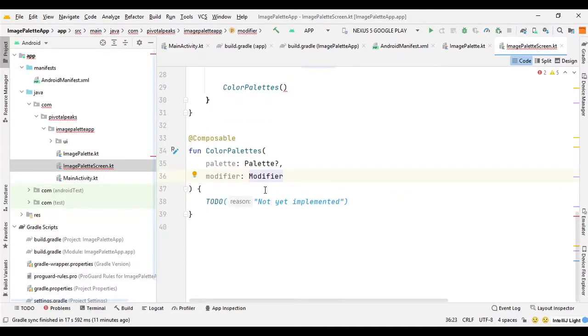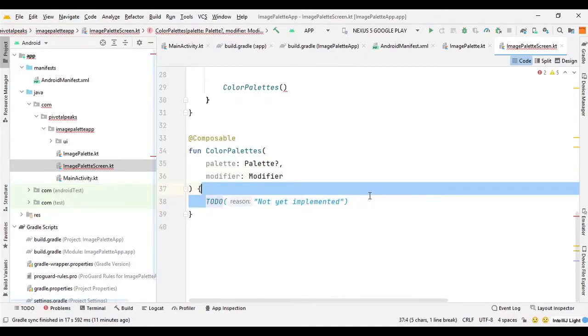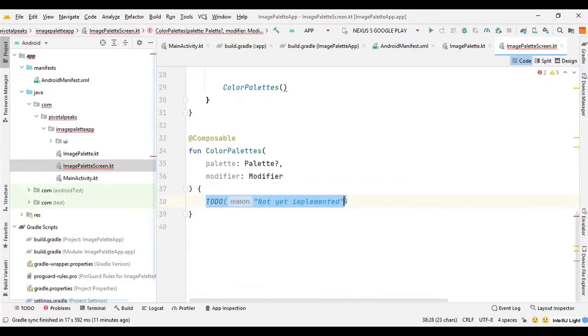Now we need to create a row instead of column, so we can put all the colors that we are going to extract from the image in the row. So here we need to remove this to do, and here we can bring in the row, and again in this row constructor we need to define some padding and also horizontal scrolling in case the palette list is bigger than the width of the screen.